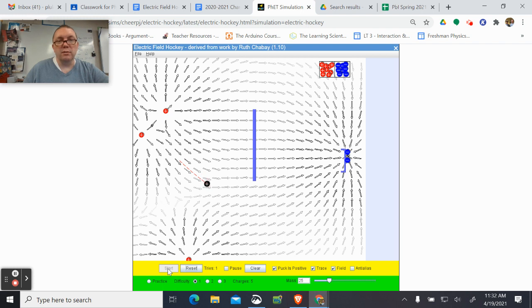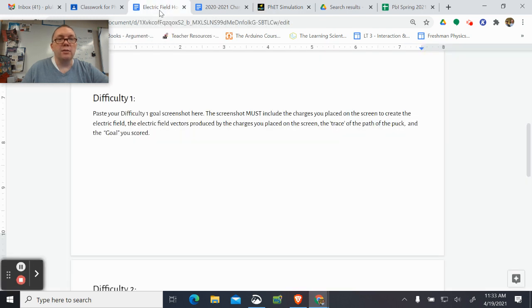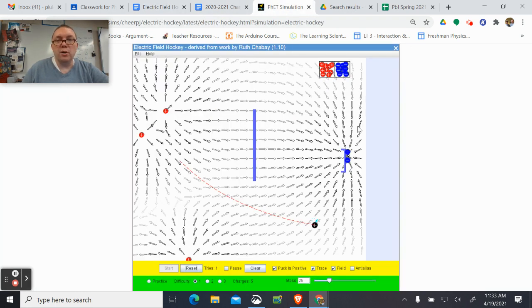I doubt I'll make it on this first attempt, but it's worth just seeing where we're at. And again, if you need to go, you need to go. You can hang up. That's perfectly fine. It looks like we're going to miss by quite a bit here, right? It'll still get pulled up, but it looks like it'll get pulled up a little bit late. Once we have a goal, you do a screenshot of this and paste it in there, and when you're done, you turn it in. So that's all there is to it.